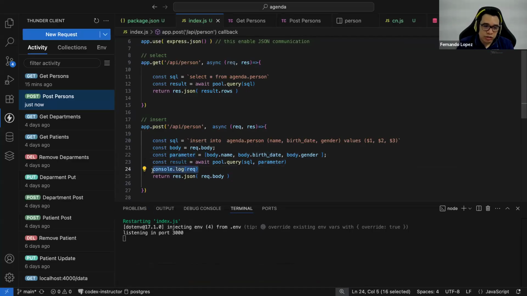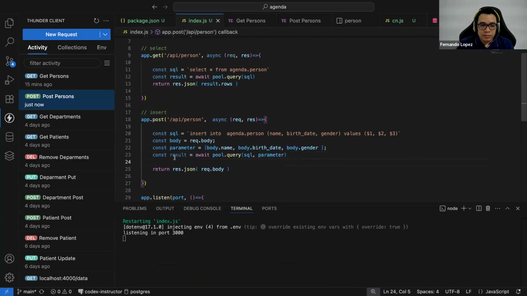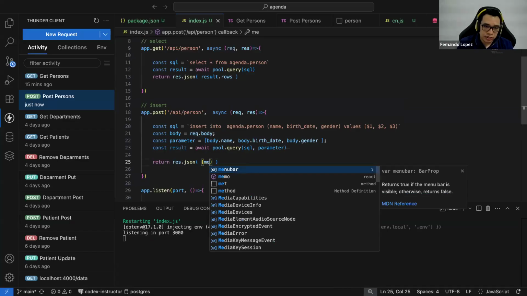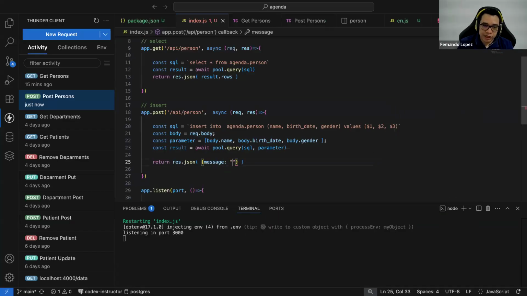Now, we're not going to console log the request, but we have the result. And this result is going to contain information about the operation that we are trying to perform. So my recommendation is that for every POST operation, you might need to return a message like this one: object created.